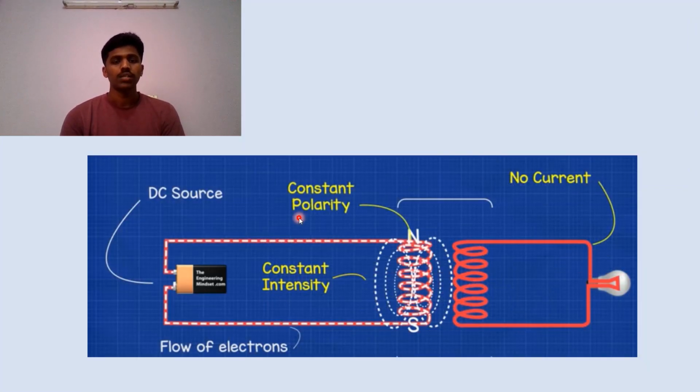But if you connect a primary coil to a DC circuit, then it won't create any EMF on the secondary side because the current will be constant when you connect the primary side to a DC source. As the current is constant, hence the magnetic field associated with the coil is also constant. And there is a possibility of generating EMF at the secondary side only if there is a switch in and switch off of the DC source at the primary side, and also if there is a variation in voltage at the primary side.